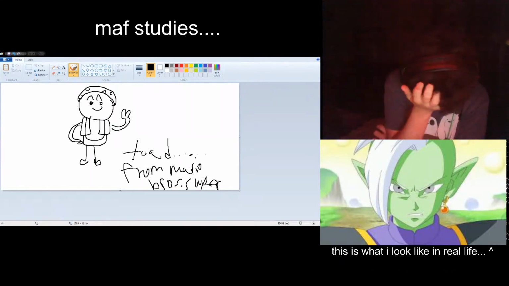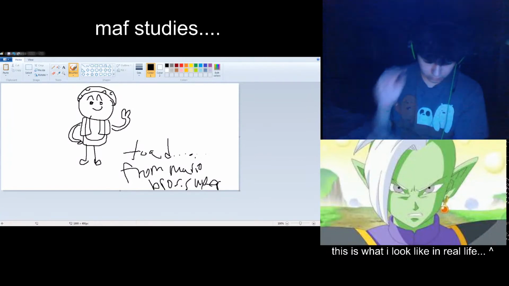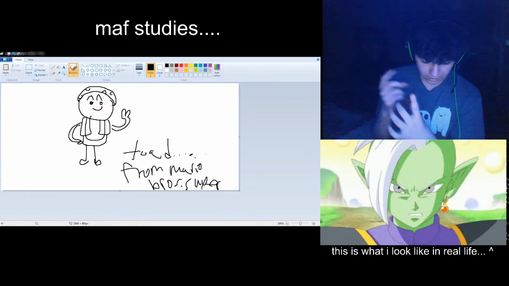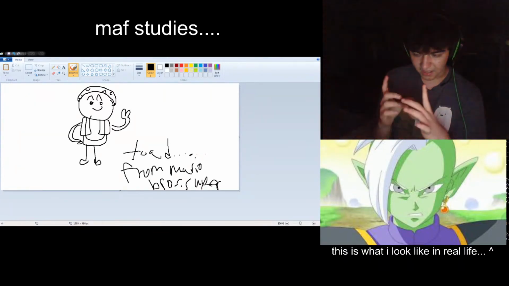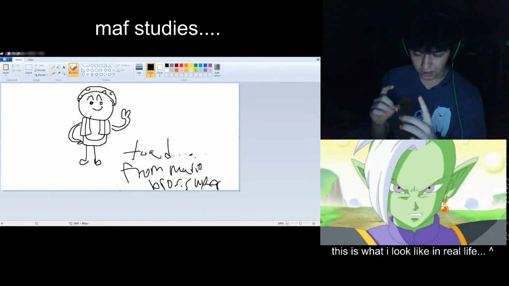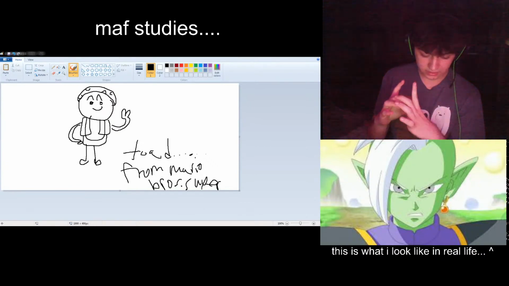Organism, population, community, and ecosystem and biome. An organism, a population is a group of organisms. A community is a group of the same species. An ecosystem is groups of species that can coexist, and a